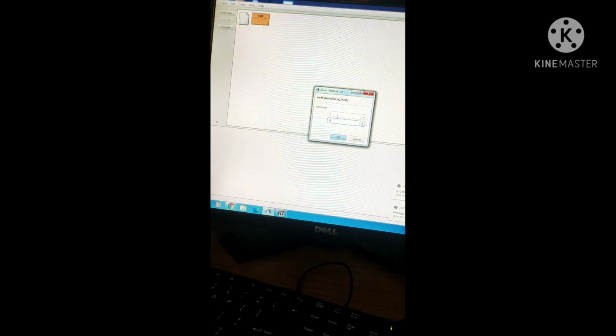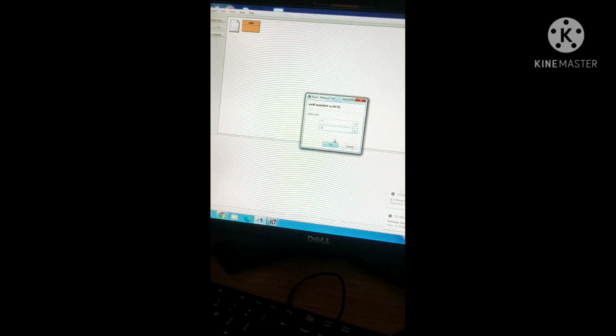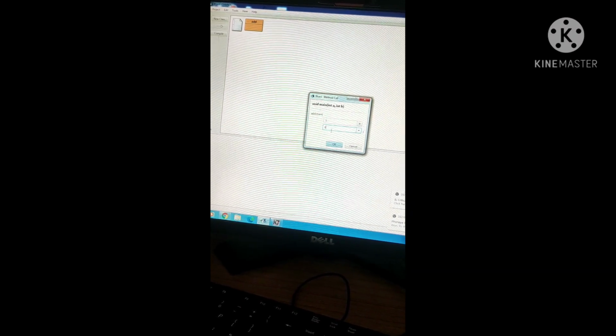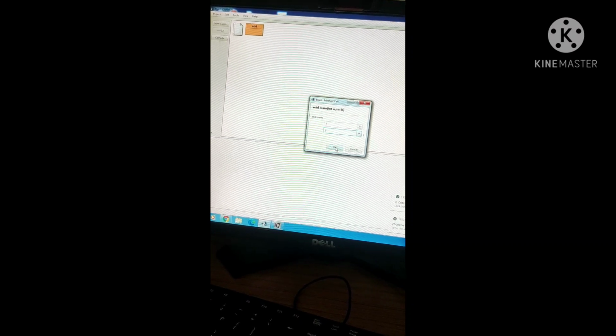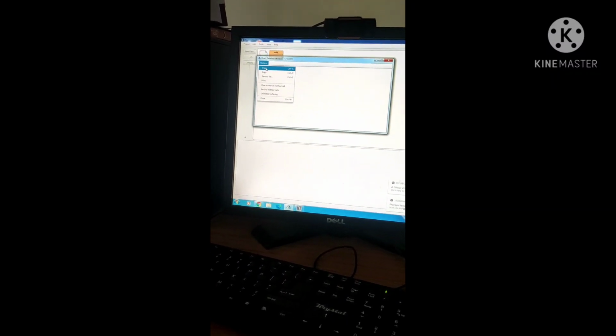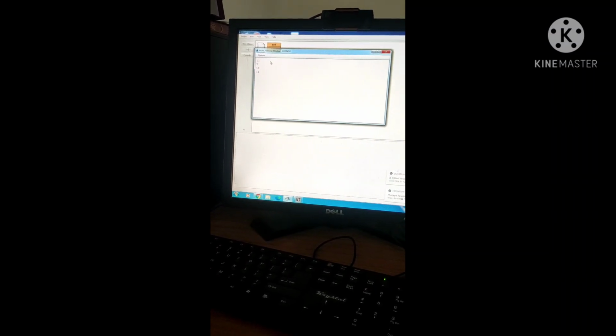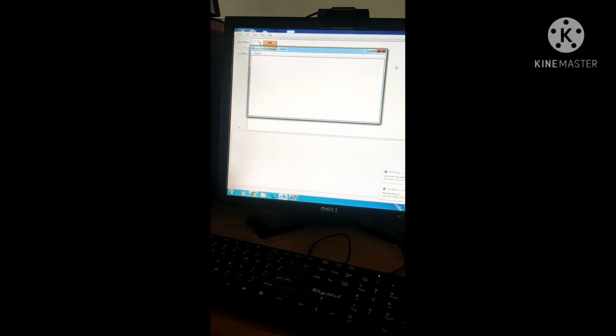When we provide the data, variable a I specified as 5, and for variable b I have given the value 6. When I click on the OK button, the output will automatically generate. If you do not need to view the previous output, you can use the Clear option in the Options menu.